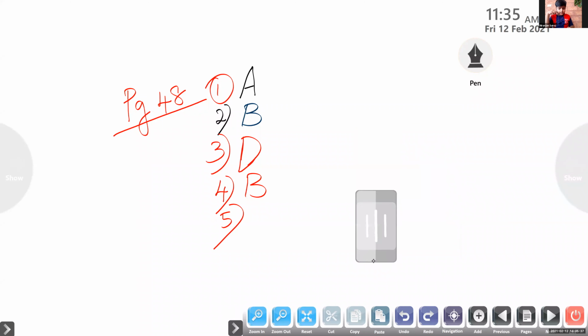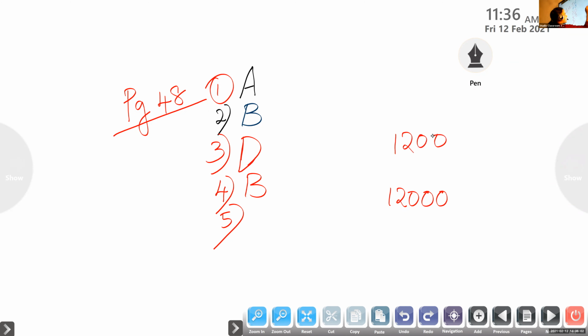Rupees 120 equal to dash paise. 120 rupees equal to dash paise. So what do you have to do? Add how many more zeros? 20. So what's the answer? 12,000. Okay, some children will see only 2 zeros because they are adding with 12.